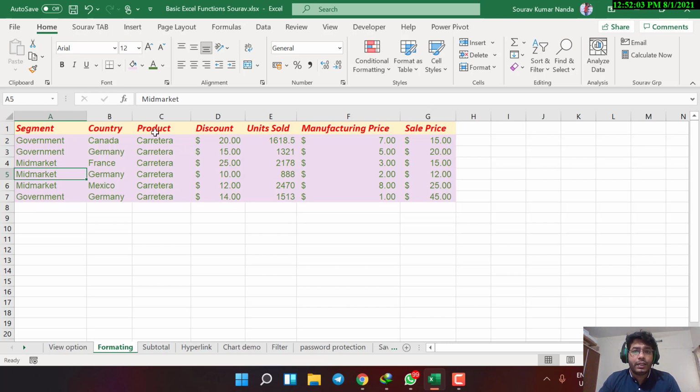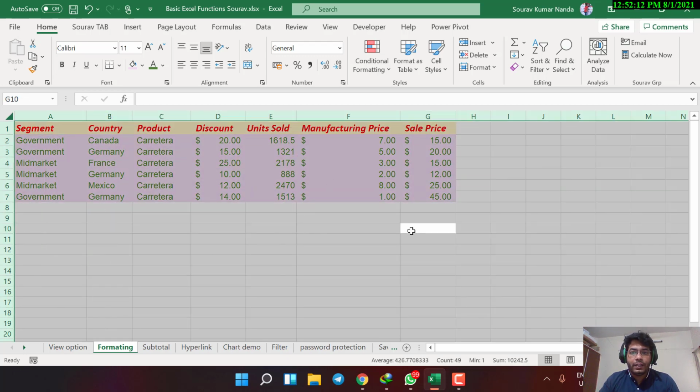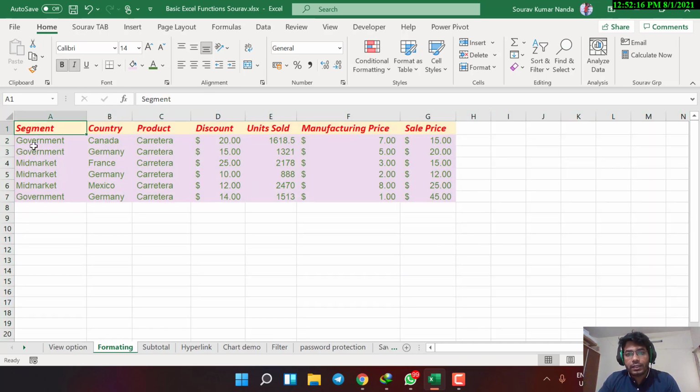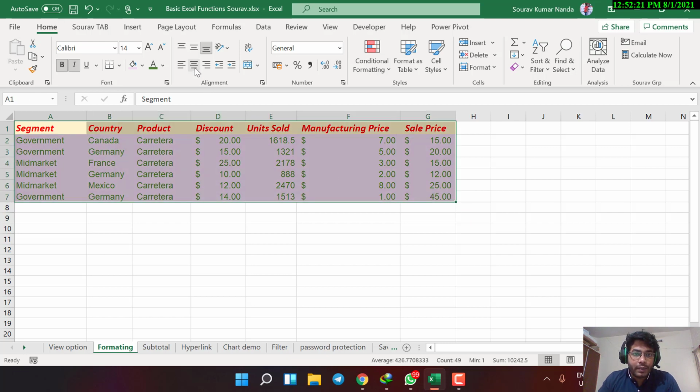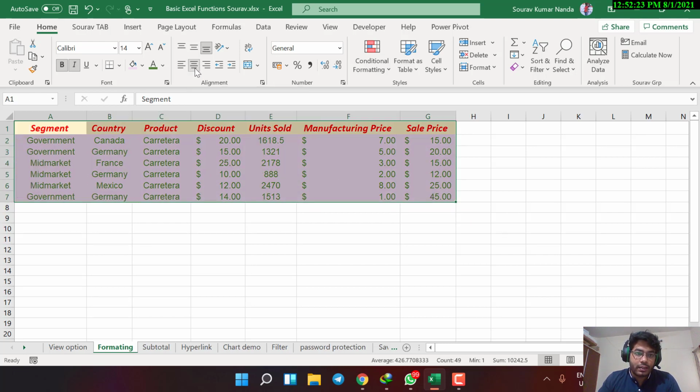Next, what else can you do here? You can also align this. Let's say these are all left aligned, so you can select everything, or you can press Ctrl A if you want to select everything. Let's say I want to select this much. I'll click on the first one, then Shift and the last one. This will all get selected. You can click on this center, so this will all come into the center. This is also, they will come to the middle portion.